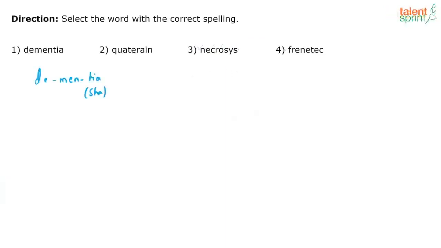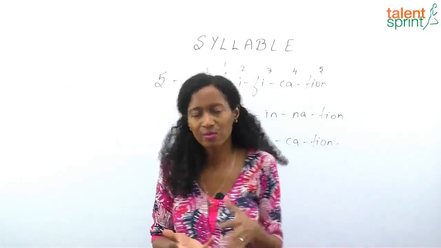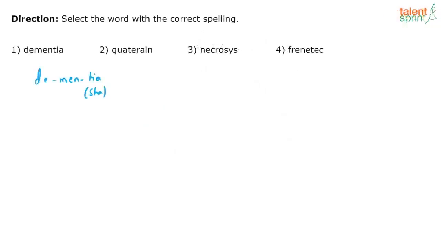And that happens as a result of damaged brain tissue, in fact. So dementia, that's how you break down this word, right? It's a 3-syllable word, and the spelling is absolutely correct as it is. The second one, if you know that word, it's actually